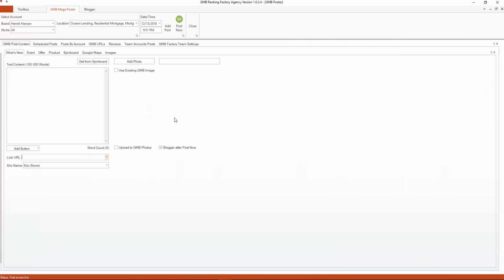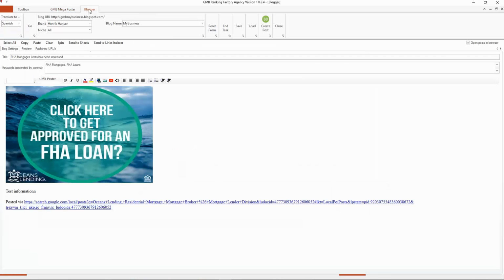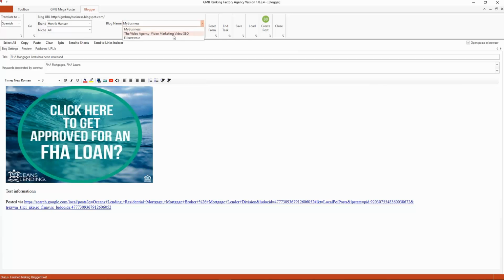I have an IFTTT that is triggered by a Blogger blog. Can I use that for every post, or does each account need to have a different one? Now, as you can see here, I have to this account only 3 blogs, but I can choose which blog that goes out to. So if I wanted a different one, I could just have chosen that, like this one, right? So it doesn't post automatically. You have a little bit of control over what's going on, so that if you're building up a niche network,